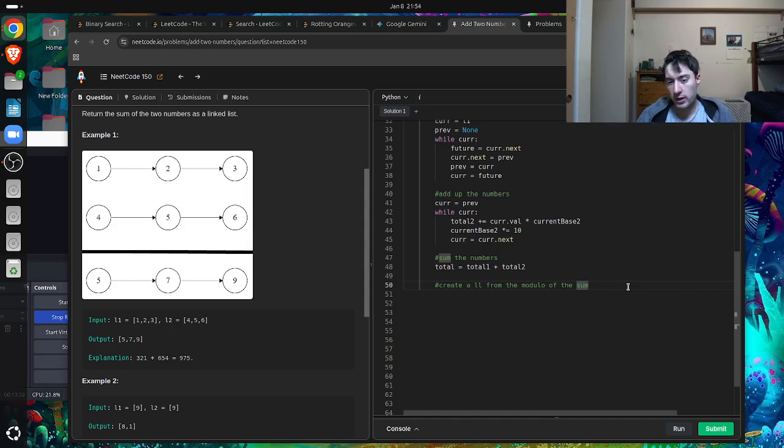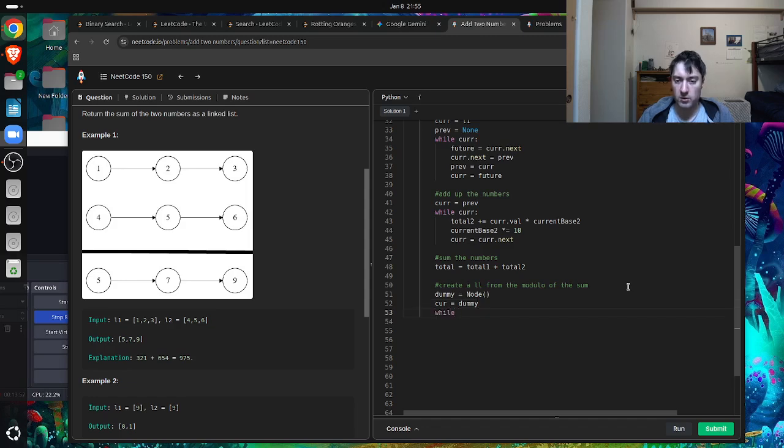Okay, so now what I want to do, this one I do want the dummy. Dummy is equal to node, like this, okay? Current is equal to dummy,